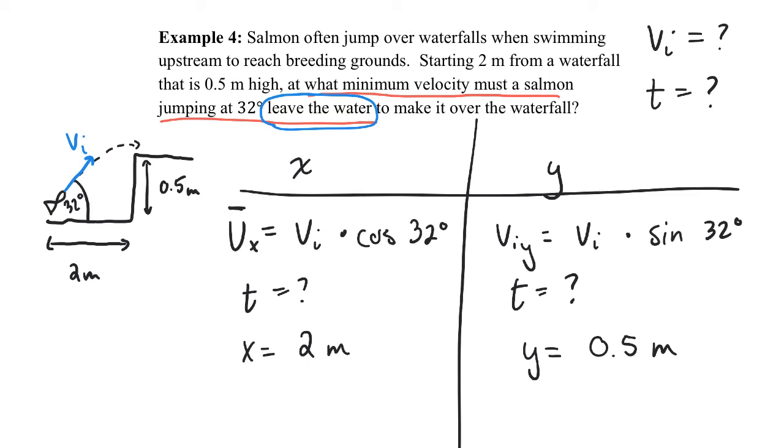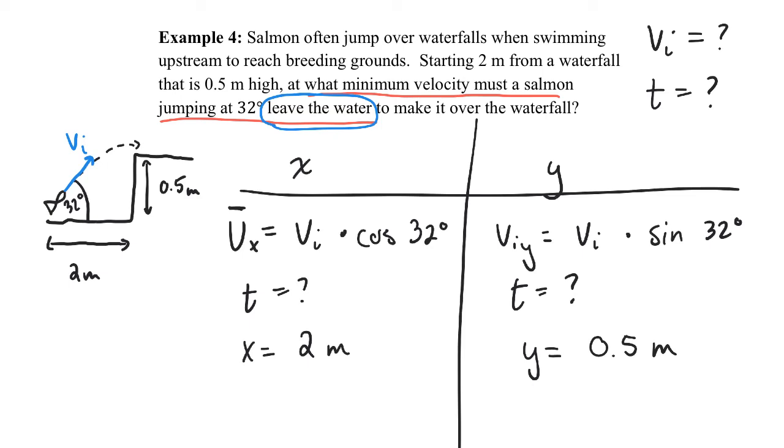It says, what is the minimum velocity needed to make the jump, to make it over the waterfall, to make this clearance of 0.5 meters. So technically we want the fish to jump greater than or equal to 0.5 meters. If the fish jumps a little bit less than 0.5 meters, it's going to hit the waterfall. If it jumps more than 0.5 meters, it makes it above the waterfall. So in reality, we need to find a velocity that makes at least a 0.5 meter jump for this fish,